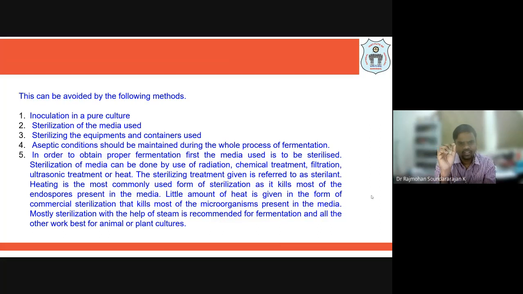So between a chemical industry and a biochemical industry, when I say biochemical industry, it can be either pharmaceutical industry, food industry, or even ethanol production, biodiesel production industry, anywhere. So ensuring aseptic or sterile conditions for every equipment is the responsibility of a biochemical engineer. This we have even discussed in the beginning of our course itself, right? In the introduction, we have seen what are the challenges faced by a biochemical engineer. He is the person who is responsible.